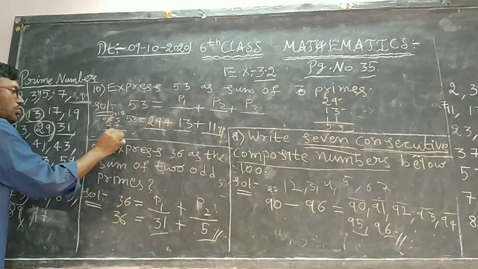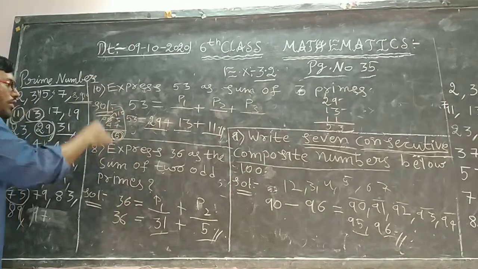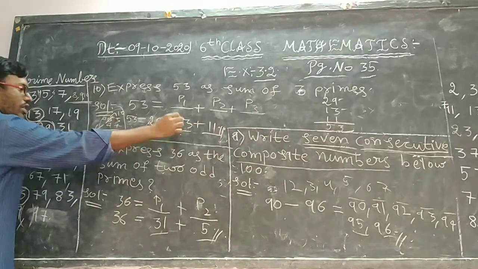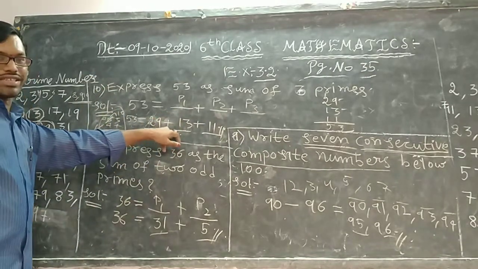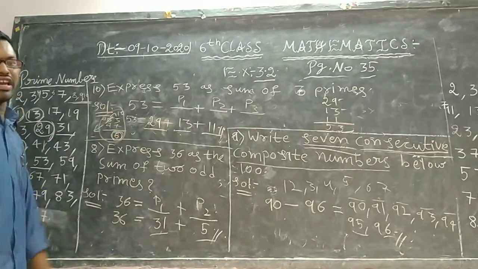Okay, 6 we can't do. So that's why I have cancelled this one. So one step is completed. Next, in the second step, I got success. Okay, like this. These are the trial and error.